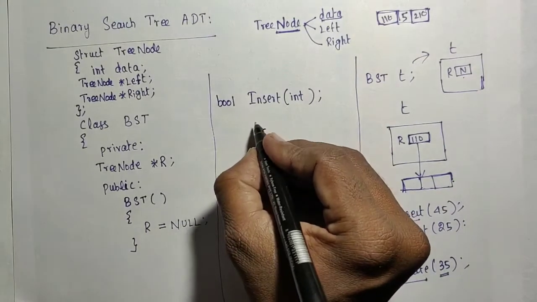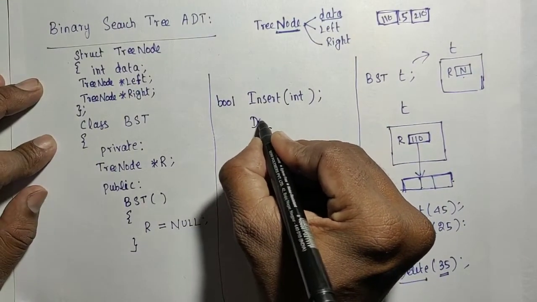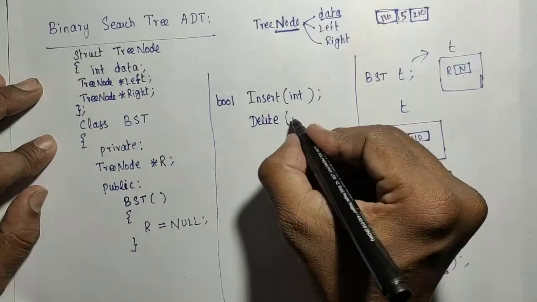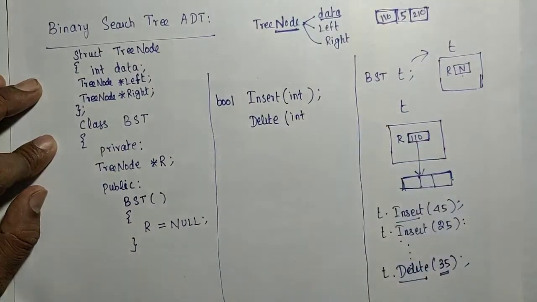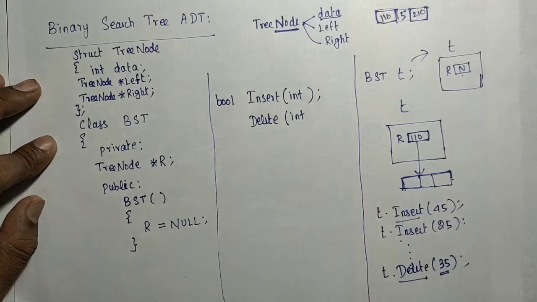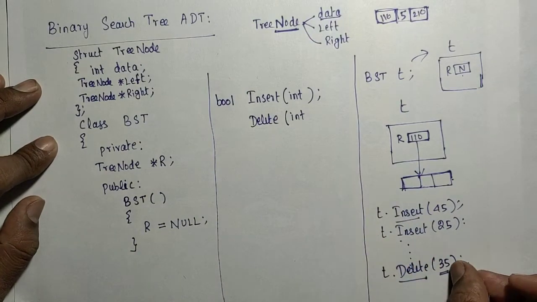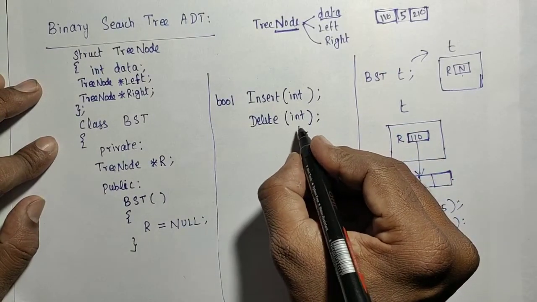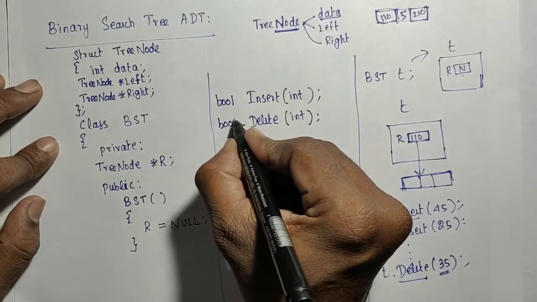So the delete prototype is delete. I need to give only that element, that is int. And there is no need to give an output variable and all. Only the input itself, the element to be deleted. I need to say whether the element got deleted or not. That is boolean, success or not.